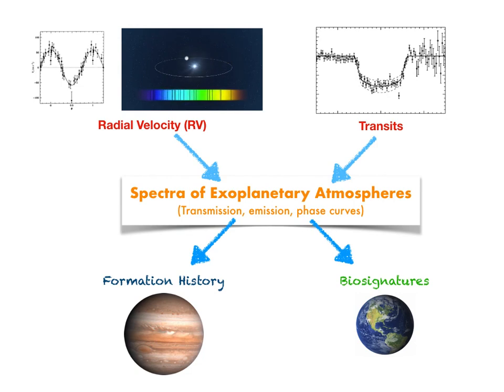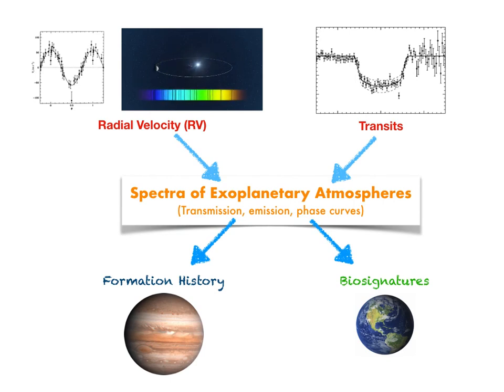The other technique, the transit method, has been shown to be really successful in recent years with missions like the Kepler mission, the TESS mission, and now the CHEOPS mission, and in the future, the PLATO mission. And if one can measure multi-wavelength transits, one can also say something about the chemistry of the atmosphere. And so, as I already mentioned, the hope is that once one can go from the spectra to chemistry,